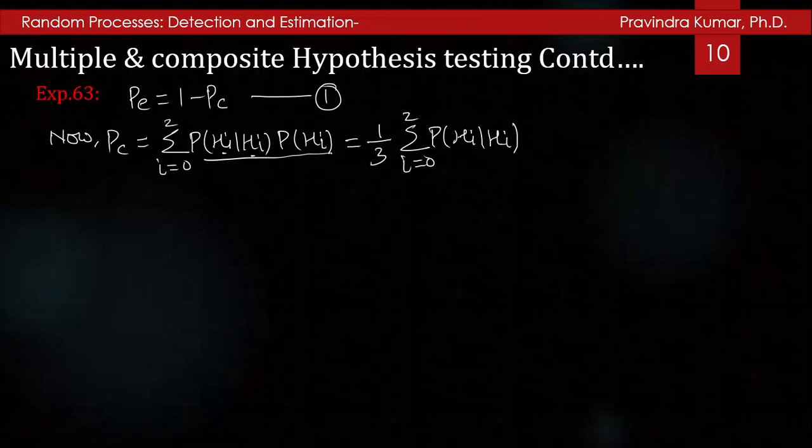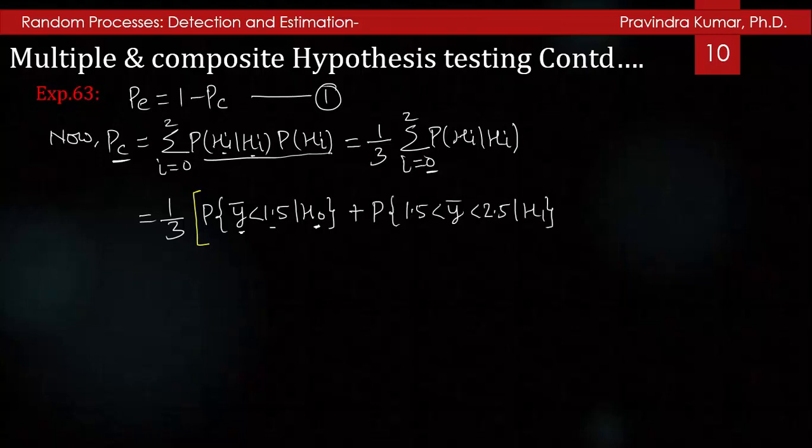So in this case, because the three prior probabilities are equally likely, P(H0), P(H1) and P(H2) are each 1/3. So the probability of correct decision will be 1/3 times the summation over i from 0 to 2 of the conditional probability P(Hi given Hi). So I can write it as 1/3 times the probability that y bar is less than 1.5 when H0 is given, meaning the observed sample is less than 1.5 and we have decided H0, given H0 is true, so we have taken the